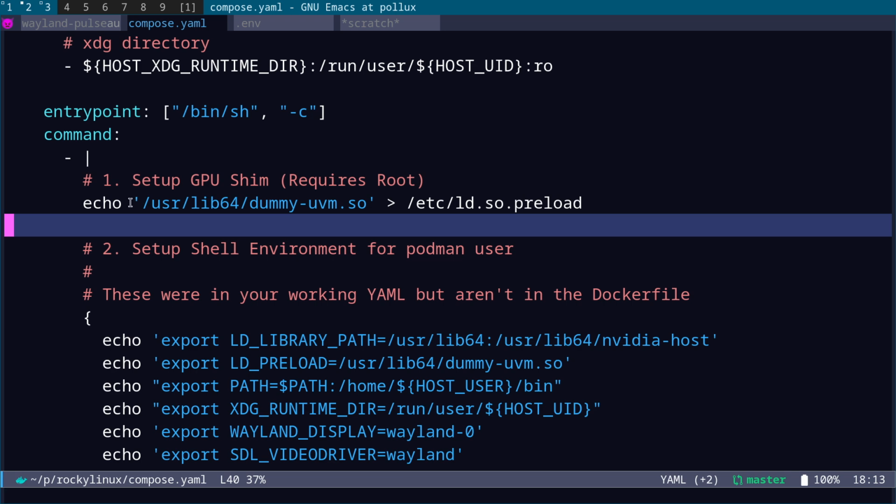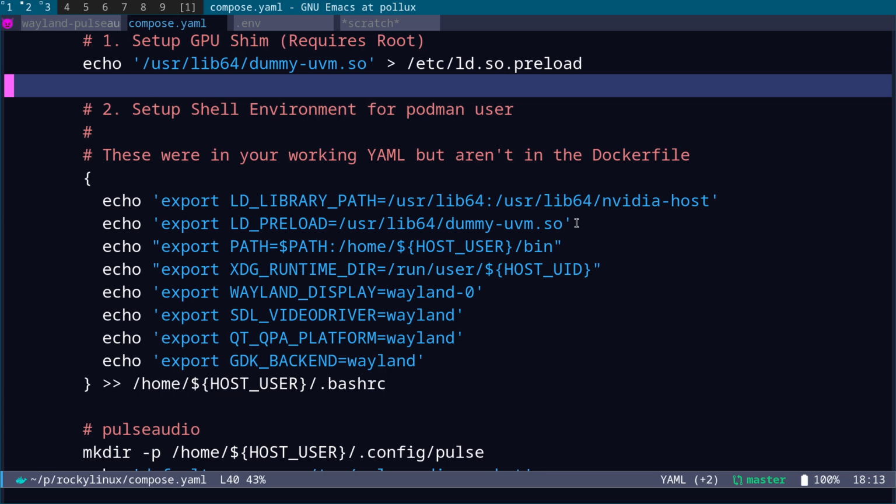First of all, what we're doing is we're echoing /usr/lib64/dummyuvm.so into ld.so.preload. And this is the dummyuvm.so file that we built into the container using the compose file. And that is the location where it's installed. And by echoing its location into here, it means it's preloaded, so that the system has access to it. So now what this block of code does